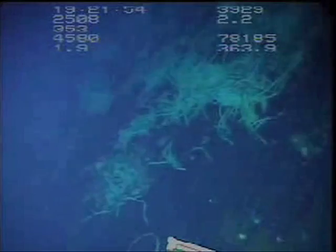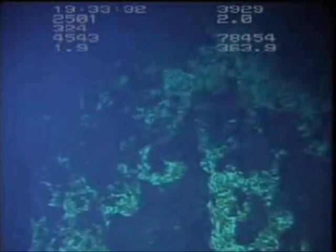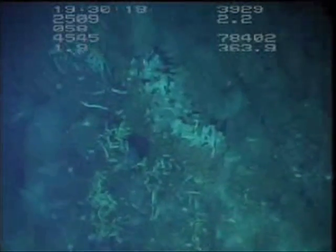It was neat to observe the changes already from 1 year. The site is maturing a lot. The tube worms are being overgrown with mussels, which is the kind of developed successional pattern. And so it's